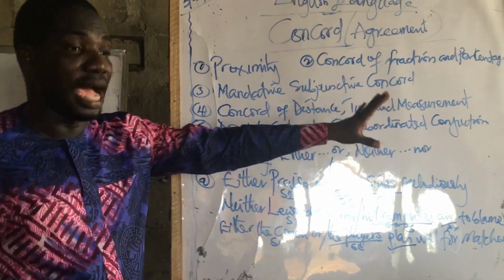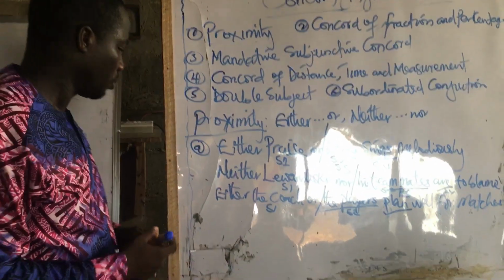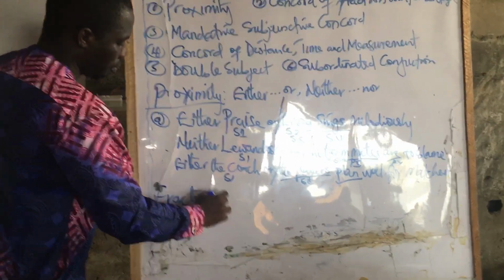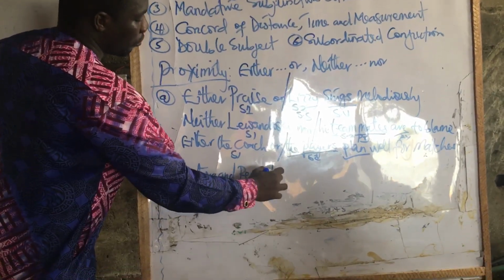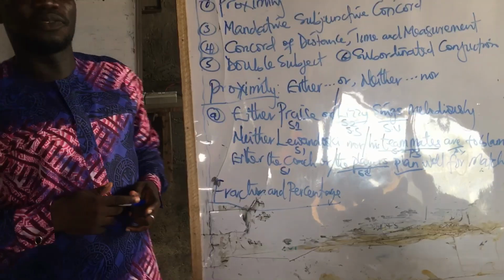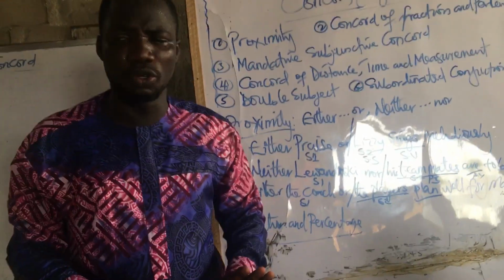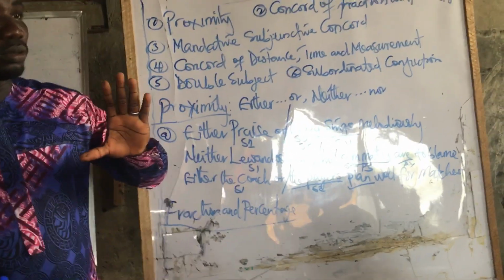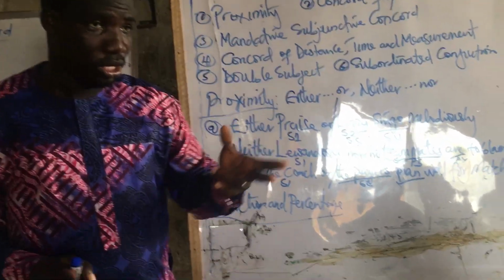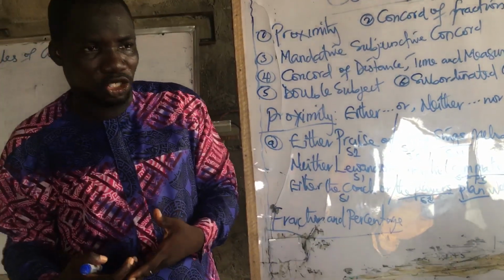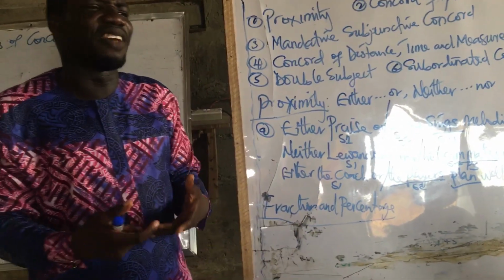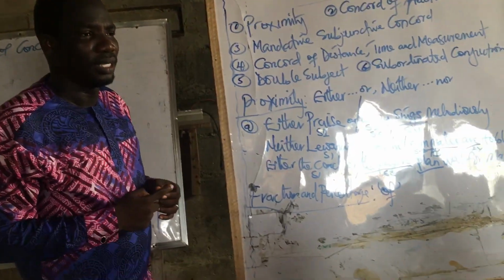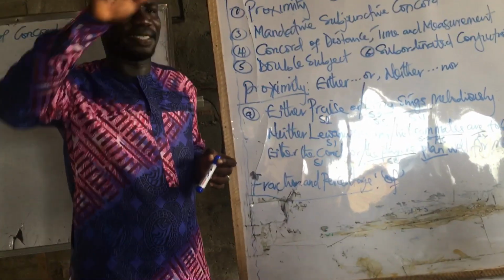Then we look at Concord of fraction and percentage. As for fraction and percentage, the principle is simple. What does the rule state? That whenever a word indicating fraction or percentage is used as the subject of a sentence, and it is immediately followed by of, okay? Then the next thing after that,